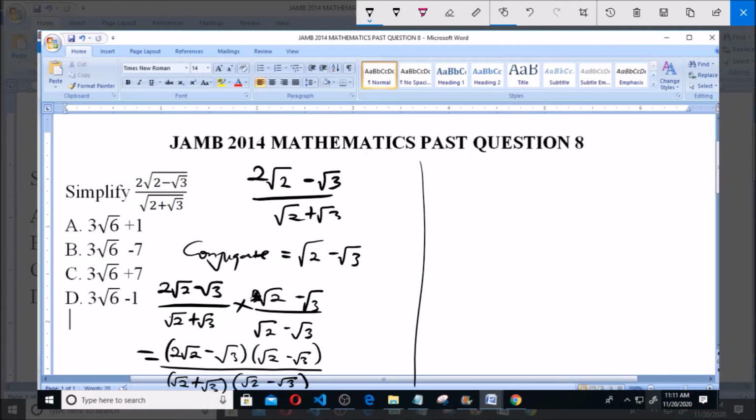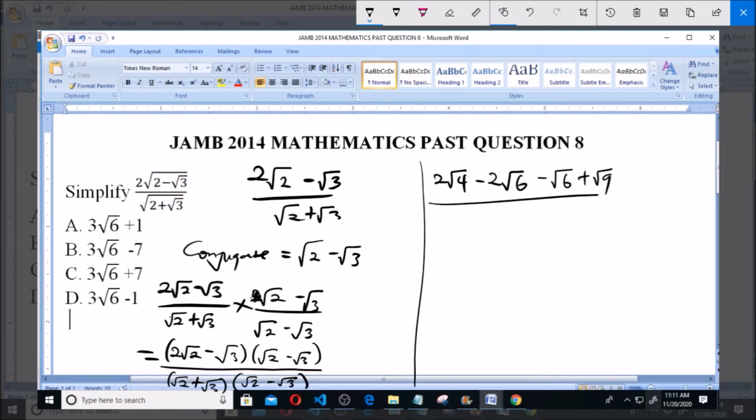Now this will give us, opening the brackets, we'll have 2√2 multiplied by √2 to give us 2√4, then 2√2 multiplied by −√3 to give us −2√6, minus √3 times √2 will give us −√6, then minus √3 times minus √3 will give us plus √9